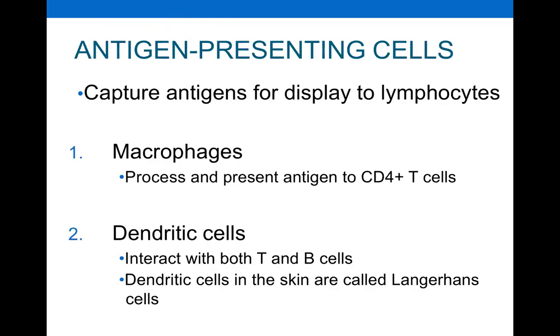Okay, let's go now to after effectors. We have the antigen presenting cells. They capture antigens for display to lymphocytes, or basically to present to lymphocytes. And these are our macrophages again and your dendritic cells. Your macrophages process and present antigen specifically to CD4 T helper cells. Dendritic cells interact with both the T and B cells, and the dendritic cells in the skin are called